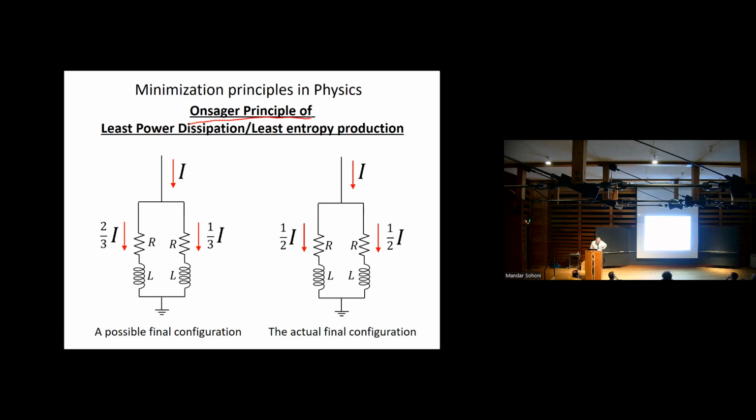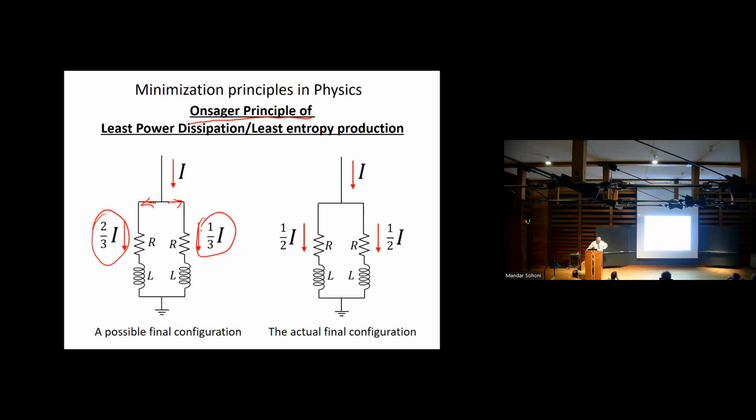The Onsager principle is a principle of physics put forward by Onsager in 1931. He did eventually win the Nobel Prize in 1968, but it's taken a long time for people to appreciate the importance of what he did. I'll give you an example of what the strange thing is. Suppose you had a circuit with 2 equal branches like this. The branches are completely equal, but you'd be very surprised if 2/3 of the current went on one branch and only 1/3 went on the other branch.